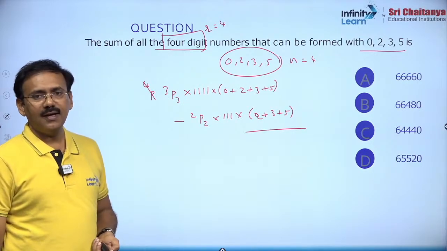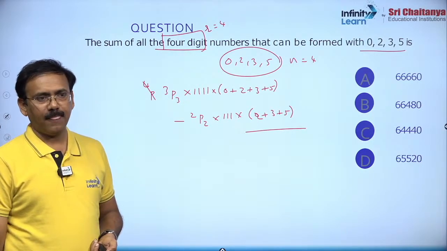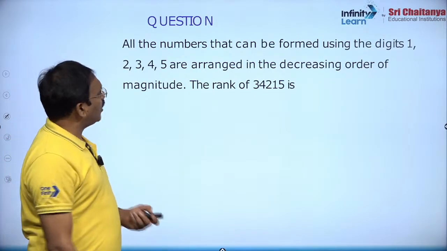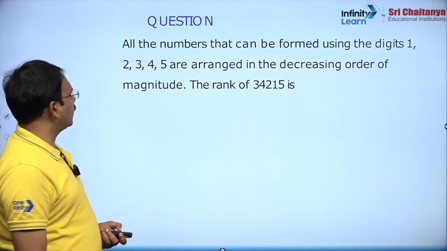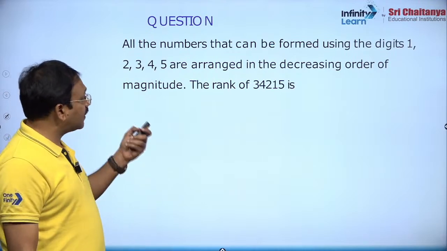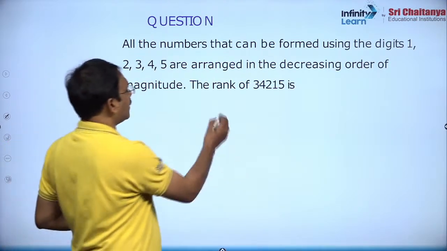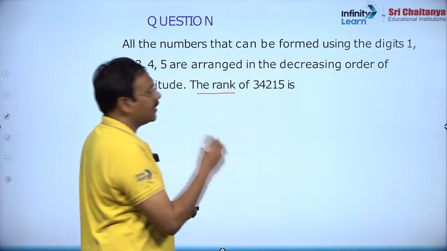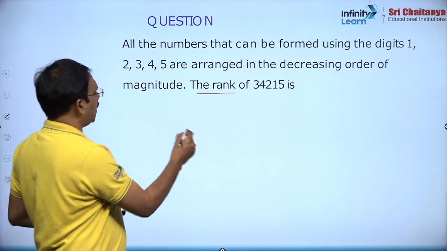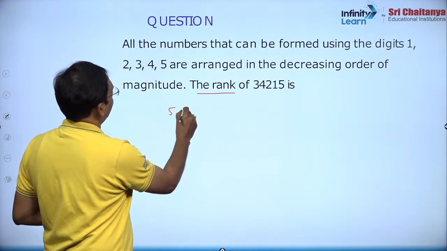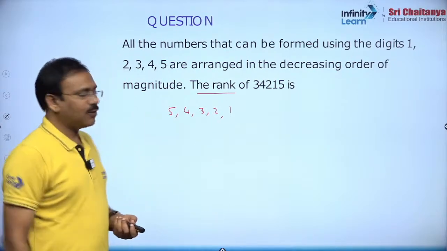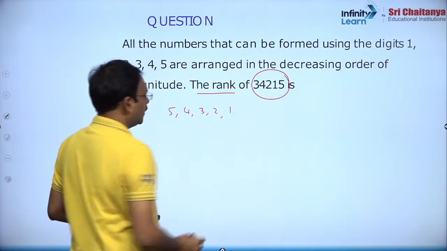फाइंड आउट करने के लिए इजी से हम अप्लाई कर सकते हैं। ओके बच्चों, सो इसके बाद ये देखिए, all the numbers that can be formed using the digits 1 2 3 4 5 are arranged in descending order of magnitude, then the rank of the number. Rank related problem चाहिए। rank माने ये numbers को हम descending order में arrange कर रहे हैं, चाहे ये 1 2 3 4 5 को हम लेते हैं, 5 फर्स्ट नंबर है, 4 सेकेंड नंबर है, 3 सेकेंड, देन 2 1। सो ए नंबर का रैंक फाइंड आउट करना पड़ेगा।